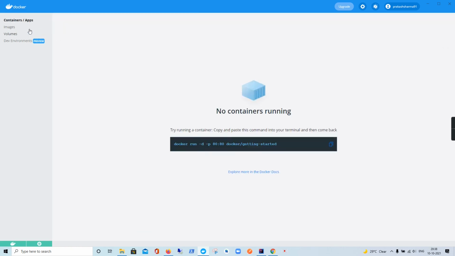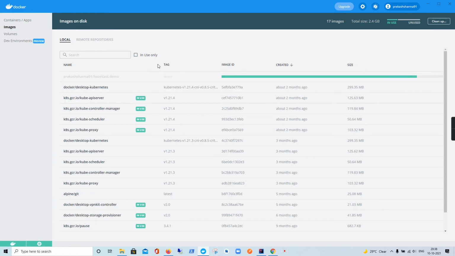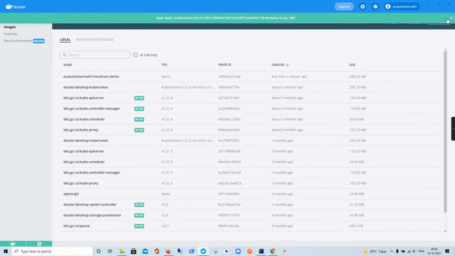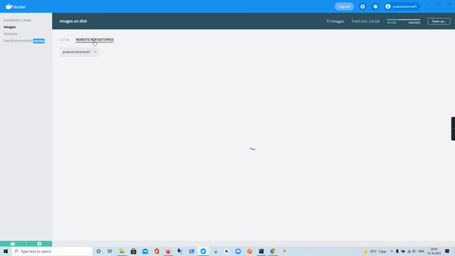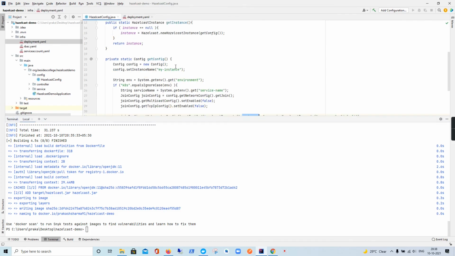So let's review. There are no instances running right now. The push is done. No, it's still in progress. Again, if you're doing it for the first time, this could take a while depending upon your internet speed. So this has been done, and the same can be verified in Docker Hub. It is listing all the images in my Docker Hub account. Okay, this was published less than a minute ago. So the push was successful and all the changes look fine.